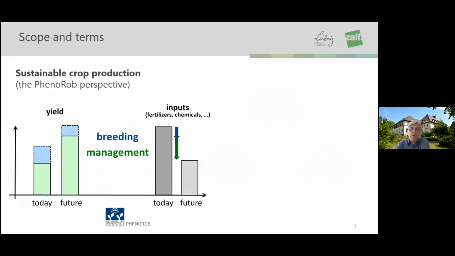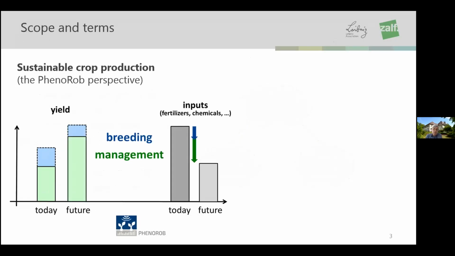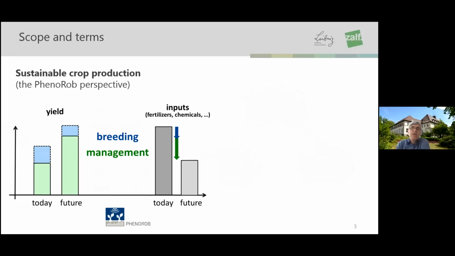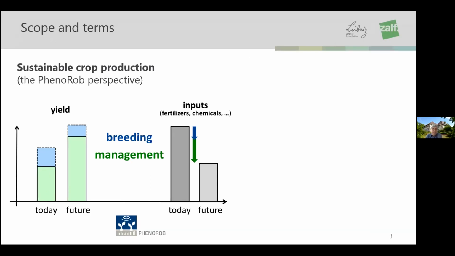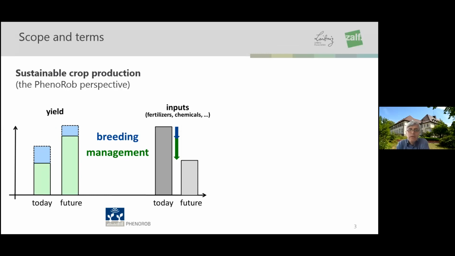So the notion of sustainable crop production we have also addressed in our proposal, and it's pretty much the main ambition of the Phenorob cluster of excellence to contribute to sustainable crop production. And the perspective that we have taken so far is pretty much summarized in this figure, which we have also used in our defense talk, but also on other occasions, which shows that the crop yields that we aim to